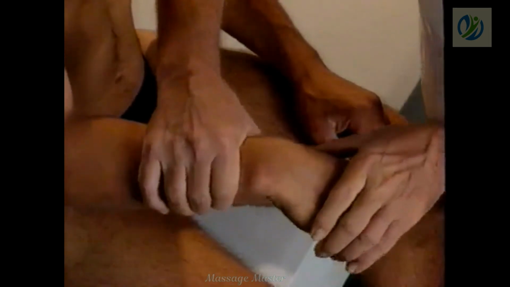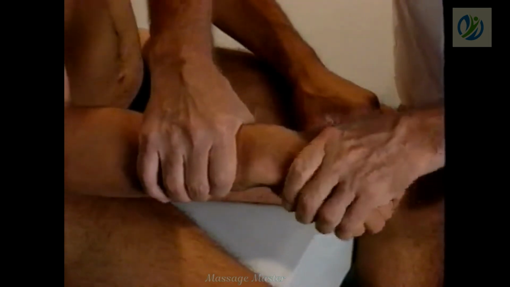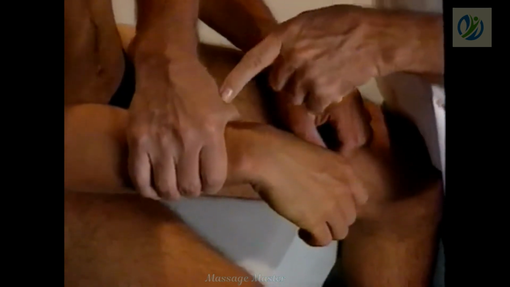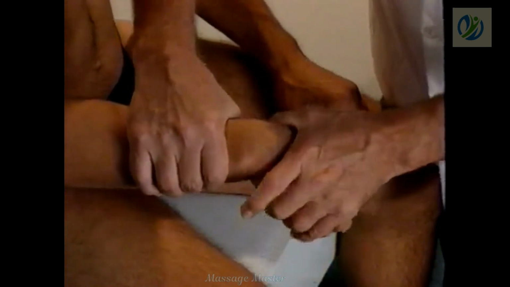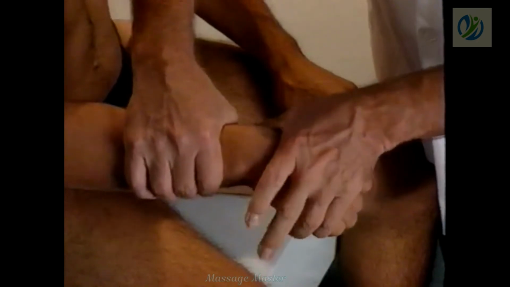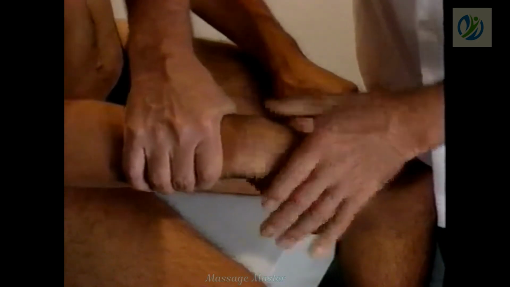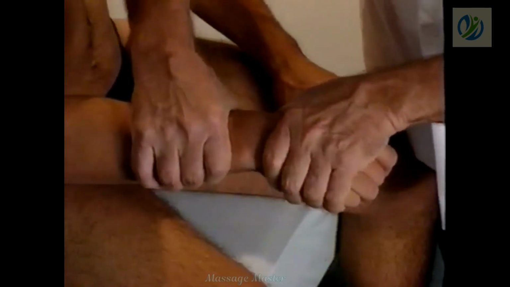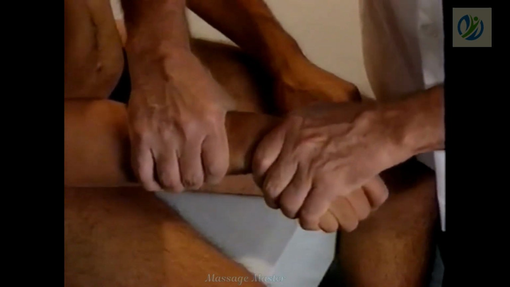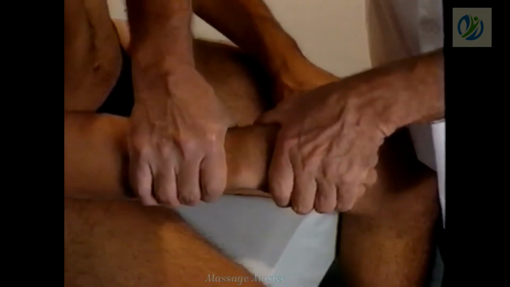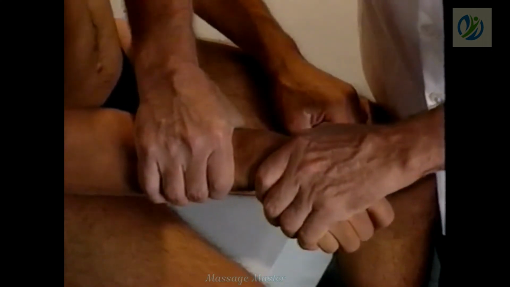Relax. Ulnar deviation restriction, again the same principle. Stabilize the radius and the ulna, grasp the hand and the bones within the wrist, take them in neutral into ulnar deviation to the barrier, and I'm going to want you to turn your hand this direction, Mark, and I will hold it. Turn your hand in,